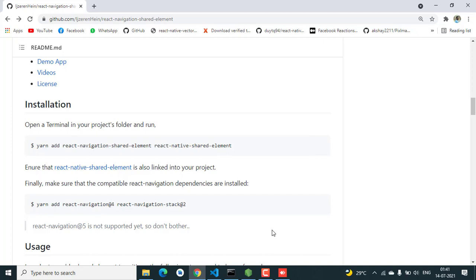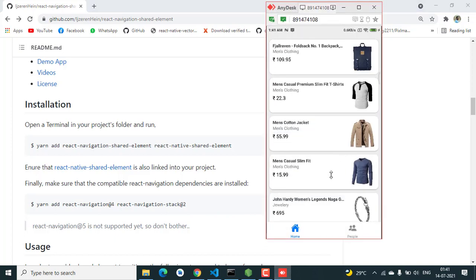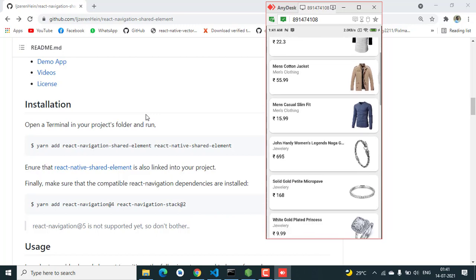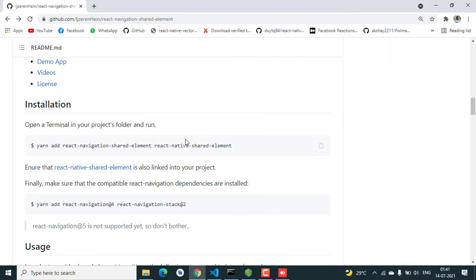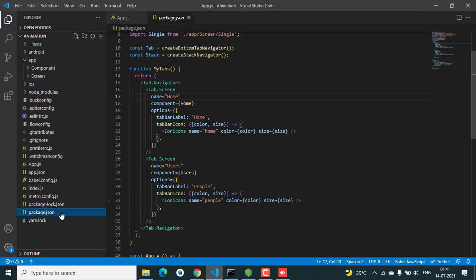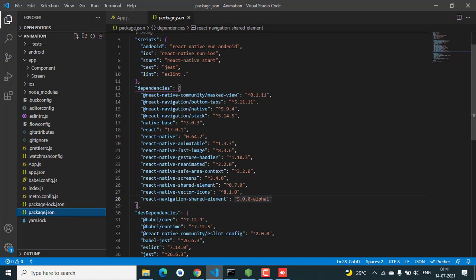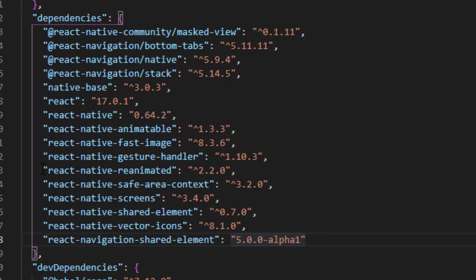And I am using my previous project that I used in bottom tab navigation, bottom tab animation like LinkedIn, as you can see. And I am running on my real device because my emulator is giving me some issue. So we need to install these. I already installed these two packages. I'm just going to show you the version. And I'm also using React Navigation 5. This is the version, this one, and this one. So you need to install these two packages,